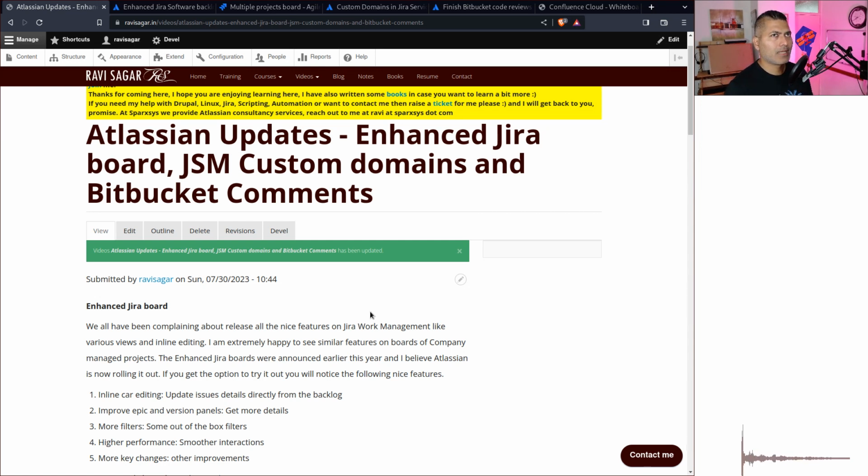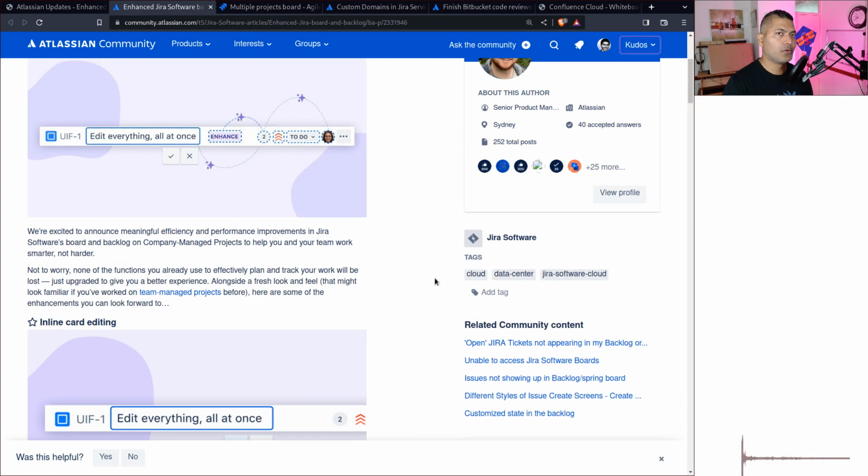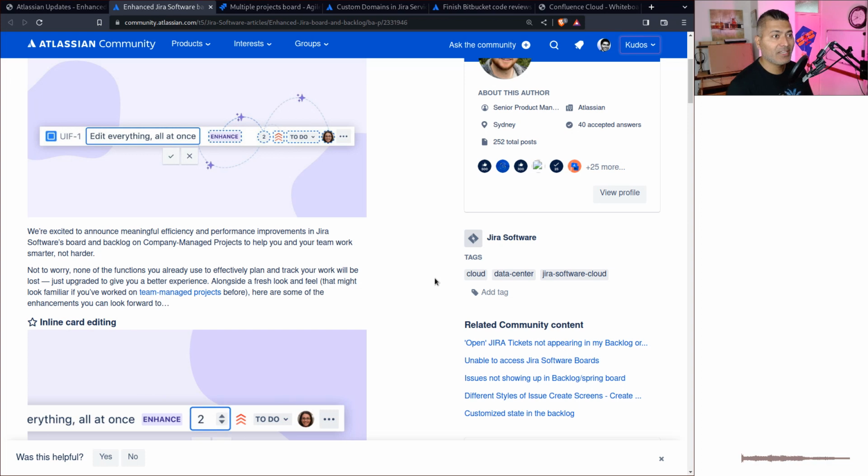Now, sometime back, I believe it was last year or earlier this year, Atlassian announced enhanced Jira board. And basically, in this enhanced Jira board option, you will now be able to modify the issues directly from the